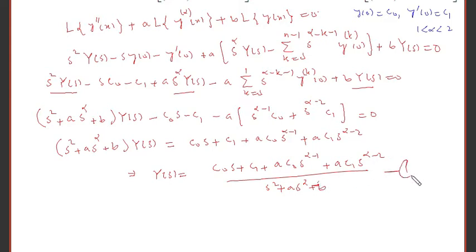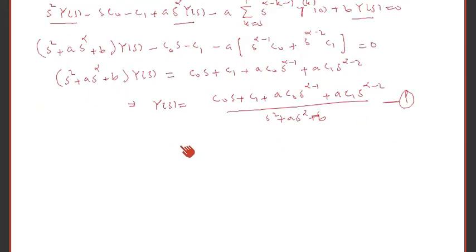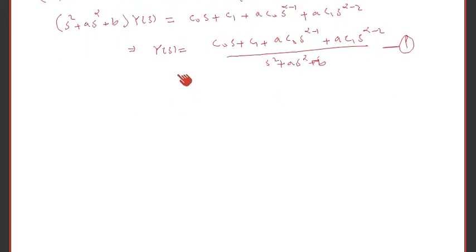Call it number 1. Now the rest of the process is just to take the inverse Laplace transform on both sides and get y back, but this is not an easy job because on the right hand side we have many terms involving s and one quadratic term which is in the denominator. So taking that out, consider this term, 1 over